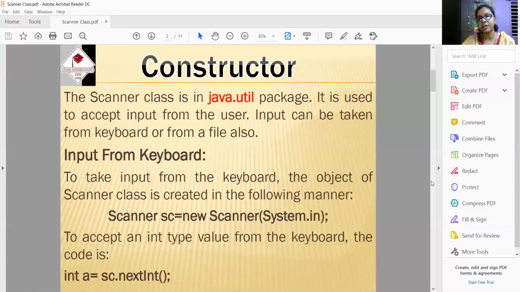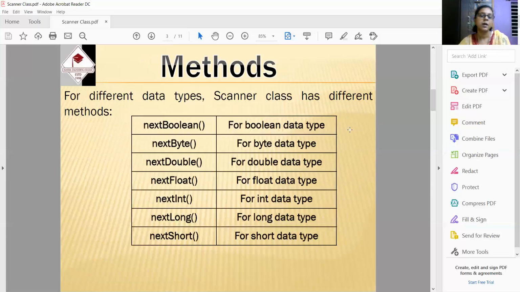So if it is for integer, then for the others, there is a method for each different data type. You have already studied the Scanner class constructor. Now nextBoolean will take only true or false. When I write from the keyboard, true and false should be written.